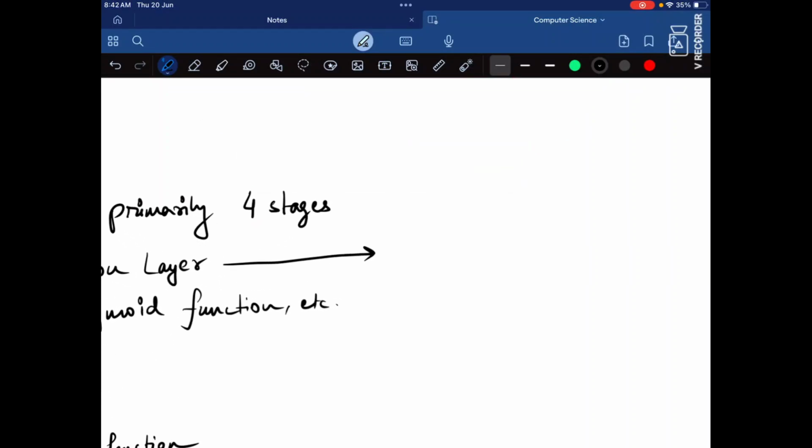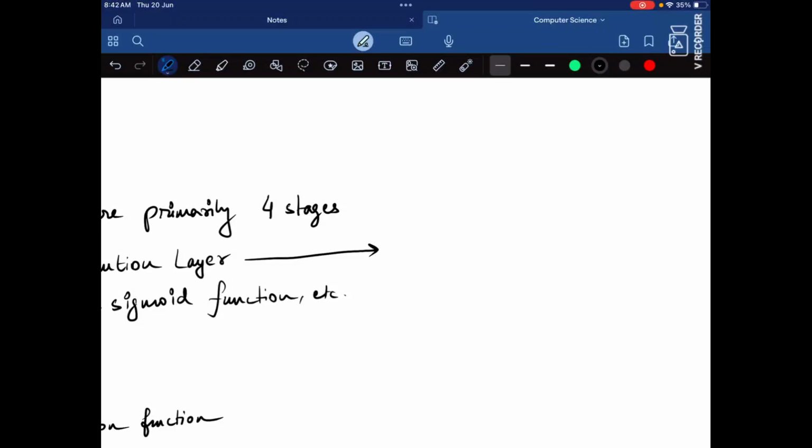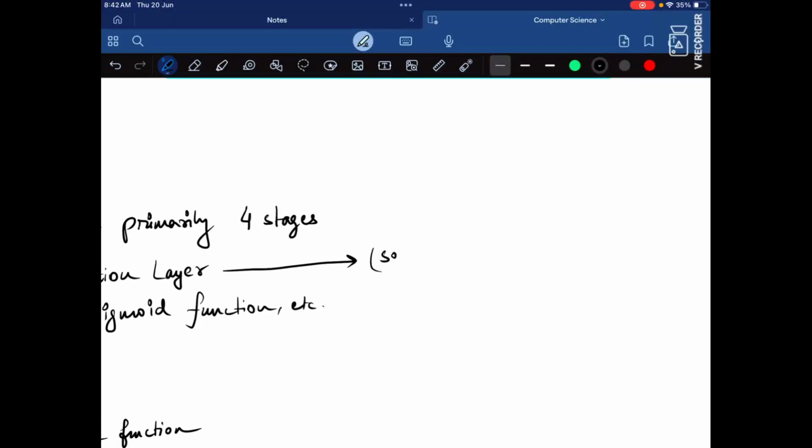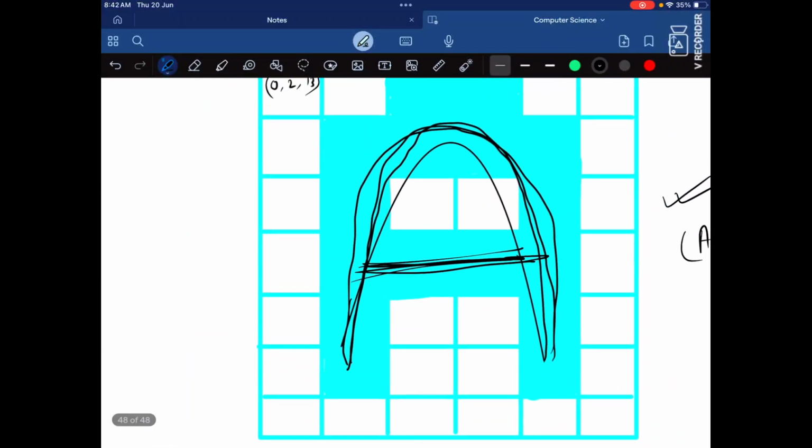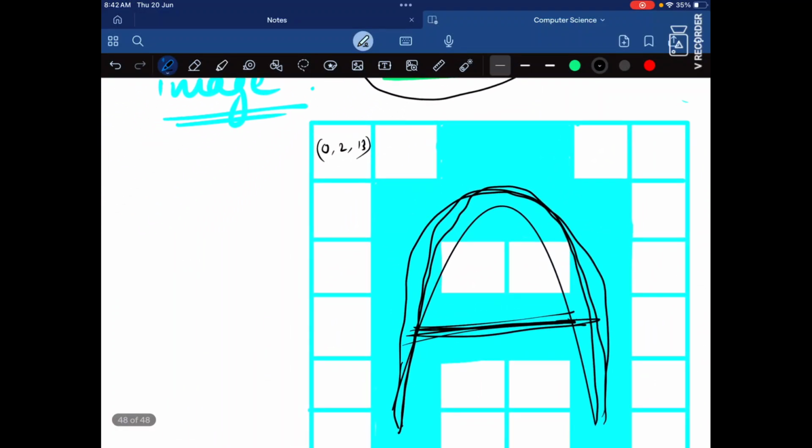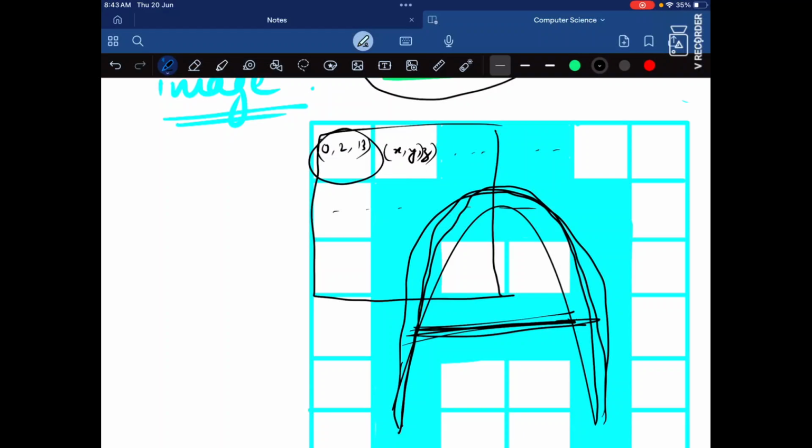In the convolution layer, we can use something called the Sobel operator to figure out the edges. It works in this way. Suppose you have some RGB values X, Y, Z, and so on. We take the average of these values and store it here.